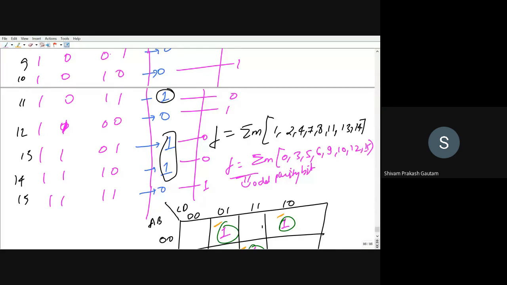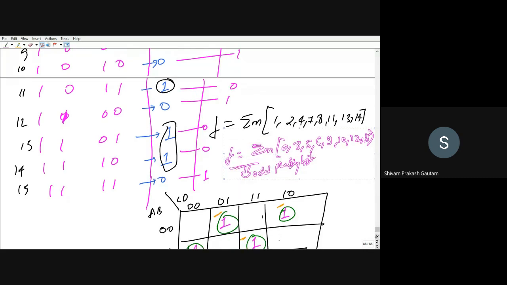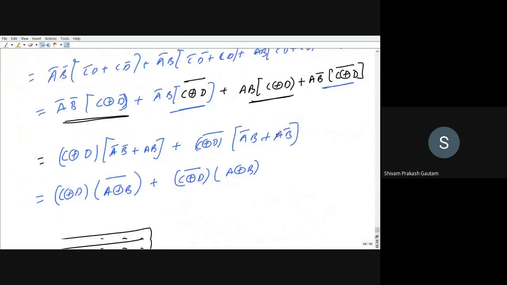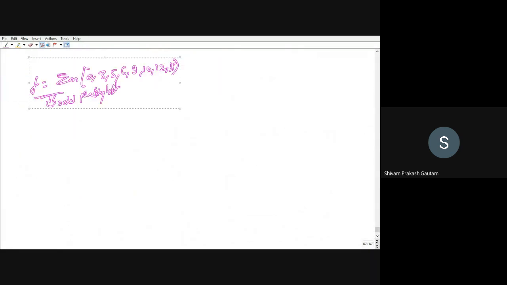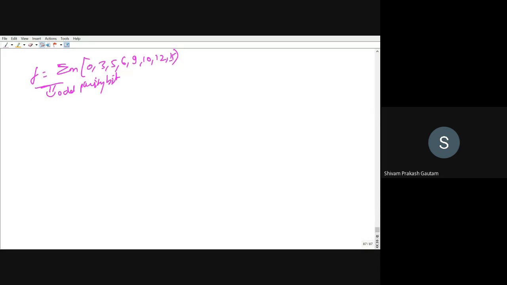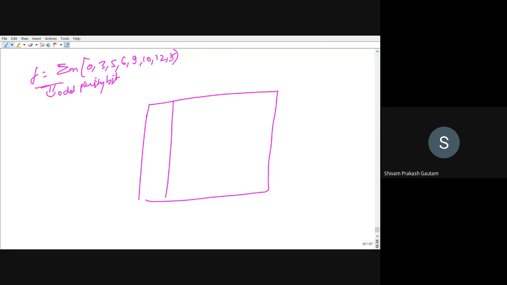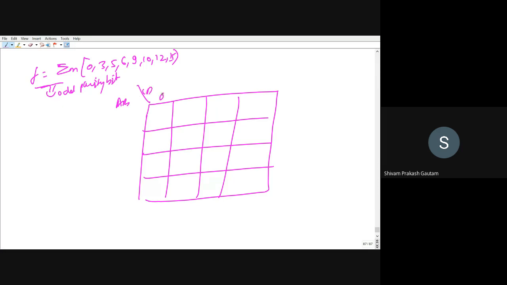Right. So I will take this and I will draw the K-map again. This will be AB, CD, 0 0, 0 1, 1 1, 1 0.